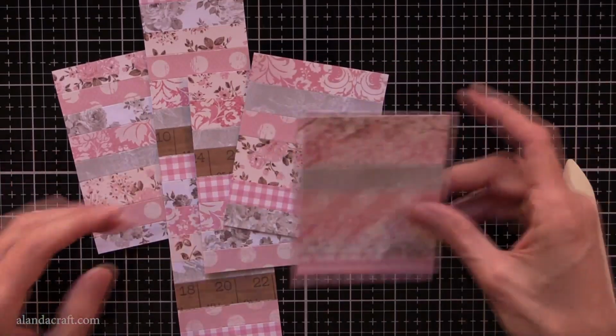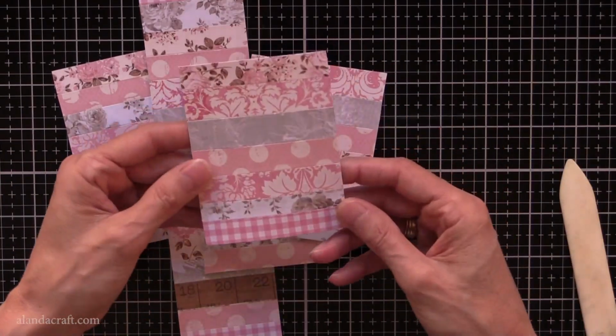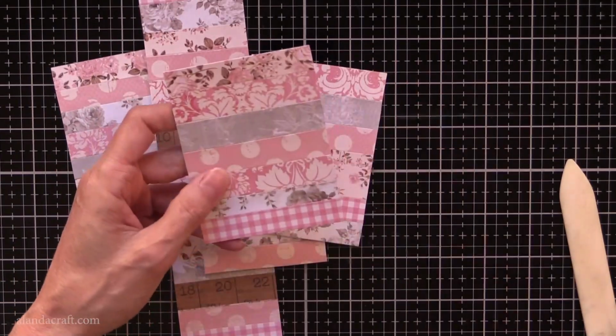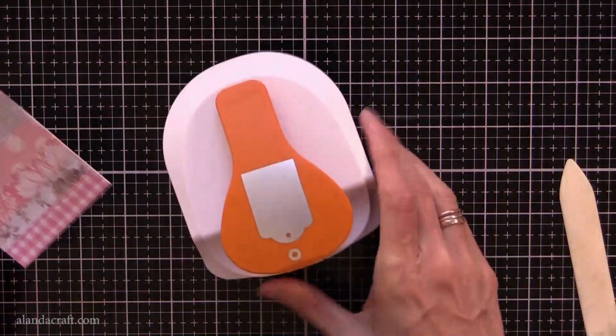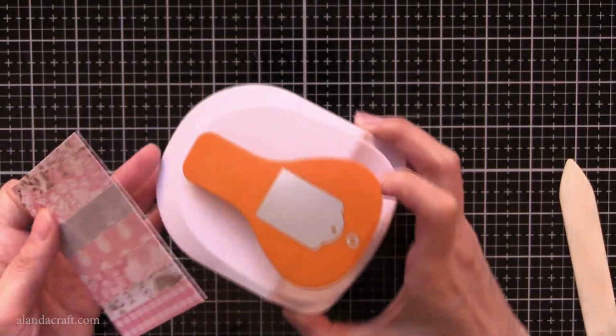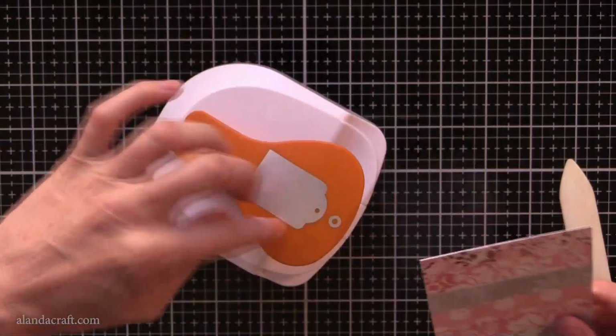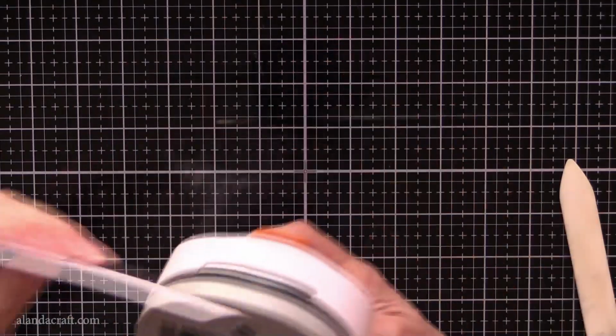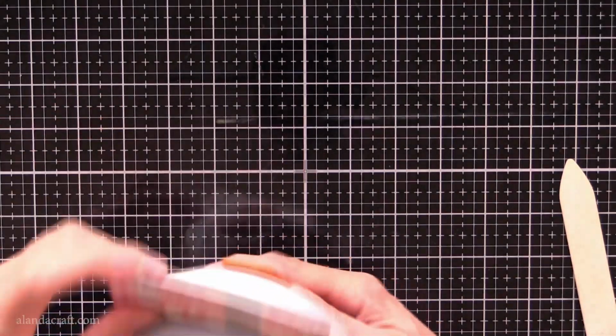So for instance, this one here, potentially that could be a tag on its own. You can have a square tag and it can be as wide or as big as you like, but for this one, I'd probably pop it into, say, a hole punch. Now this is a Fiskars Mighty hole punch, or a tag punch. So what I want to do is create a tag from this. So I'm just going to pop that into there